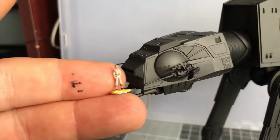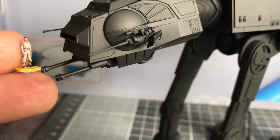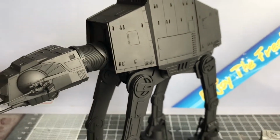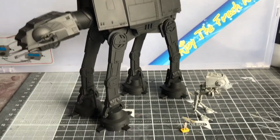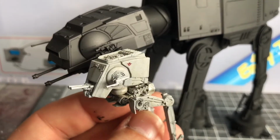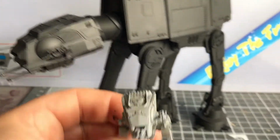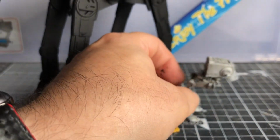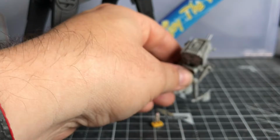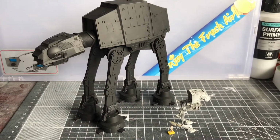Obviously it is actually to scale, so you could see a person inside there. A lot bigger than I thought it was going to be. I assumed that the head would be very similar size to the AT-ST, but obviously it isn't. There we go. And that will be the end of this video